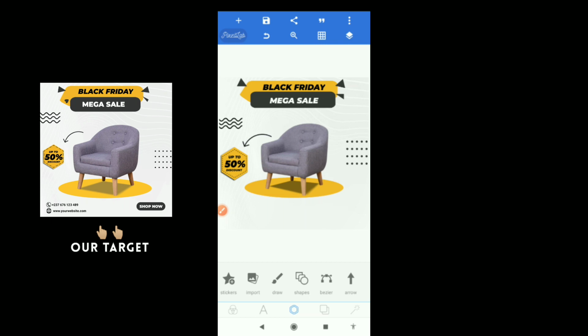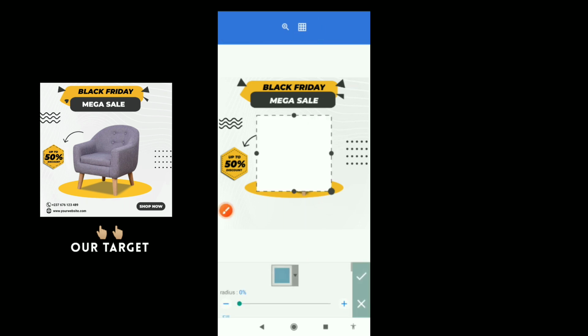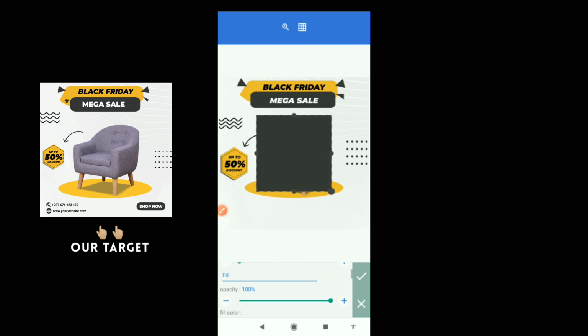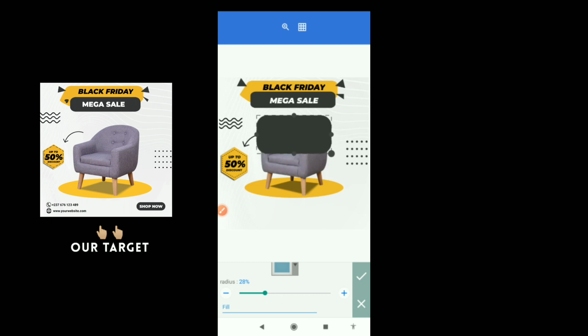Now we need our shop now button down here. To do it, go to shapes, and this is a square we're going to be using, so you can fill it up with the color first before you insert it. This way, when it's white, it's kind of difficult with the white background to see how your radius is working, if you're trying to control your radius. So we can now play with our radius, and then you manage it first. Edit it completely before you insert it. If not, you're going to have issues. Edit it completely. So we're going to make it like this,